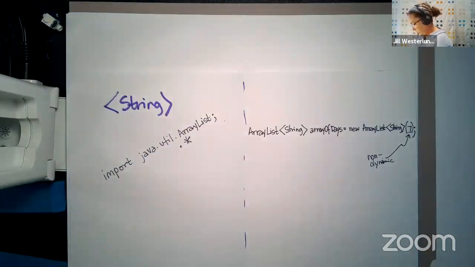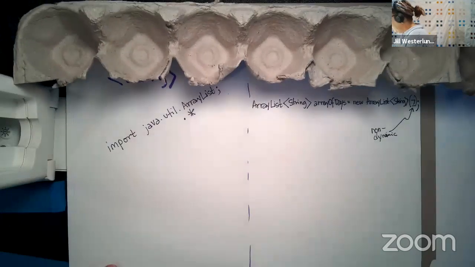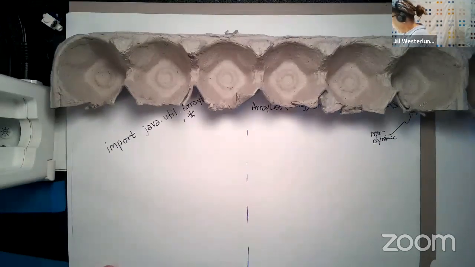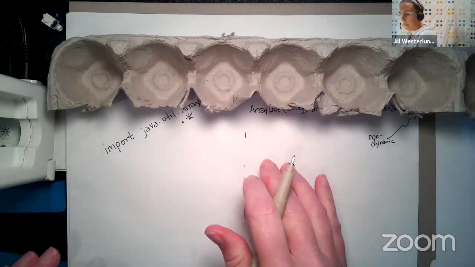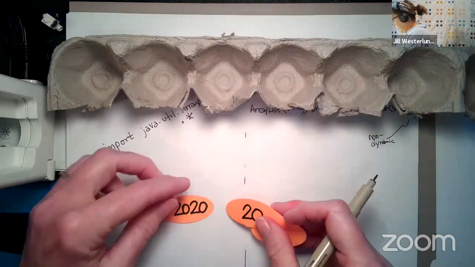I'm going to pour these out. And now I want to talk to you about array number 2, and I'm going to put it on the same sheet of paper because it also is not going to be built from a class that we create. So the second one that we want to make is an array of ints.